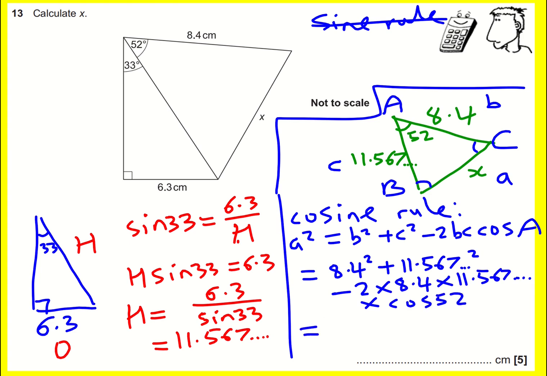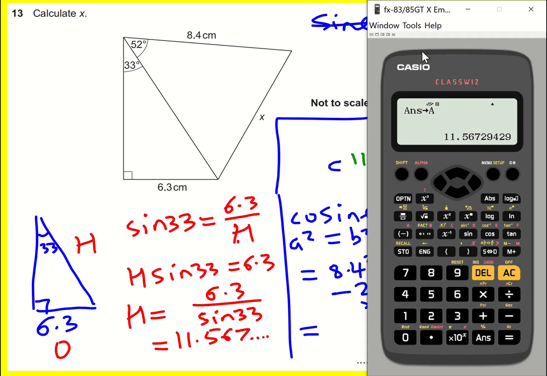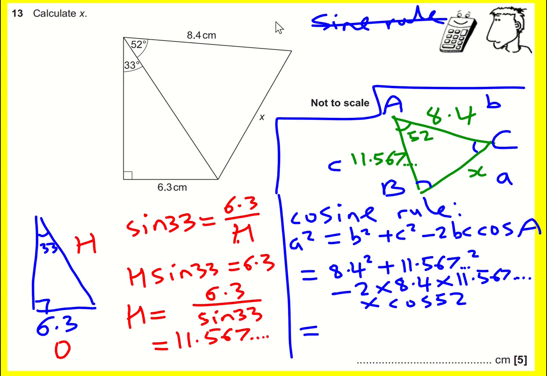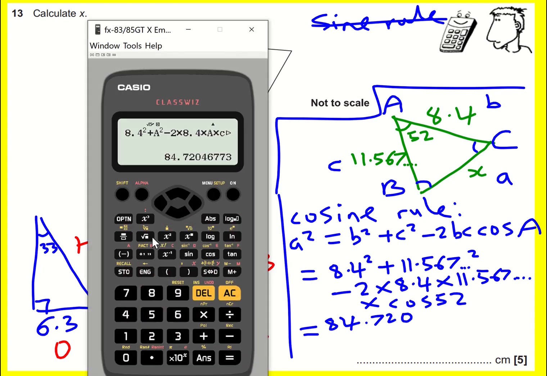I can throw that all into my calculator now. 8.4 squared plus, I'm going to use the answer that I stored, squared minus 2 times 8.4 times that answer again times cos 52. 84.720. Okay, that's what a squared is, so I just need to square root it,